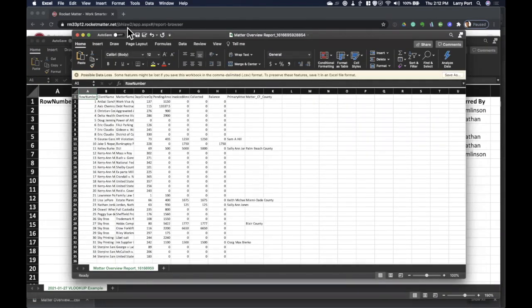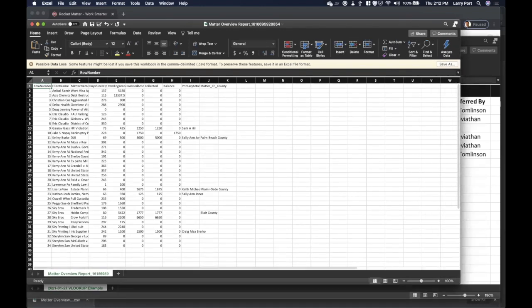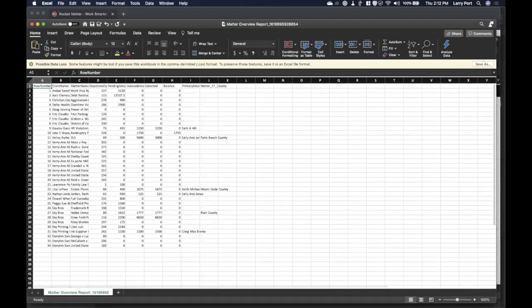So let's pop this thing open and see what it looks like. Here it is. Okay. Now I'm going to go out on a limb here and say that one of the number one reasons people have trouble with Excel is because it just looks awful when you first open it. And people have a bit of trouble with the formatting of it and making it work the way they want. So I'm going to spend a couple of minutes working on this thing to get it to look the way we want it to look. And everything that I'm teaching right now is stuff that is going to be valuable for you to know.